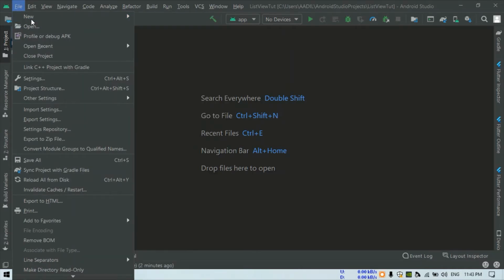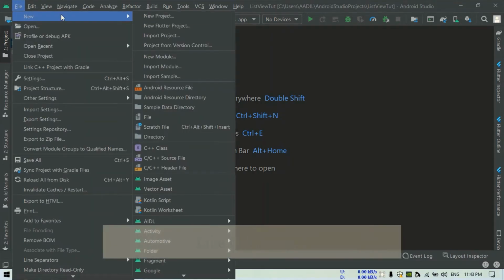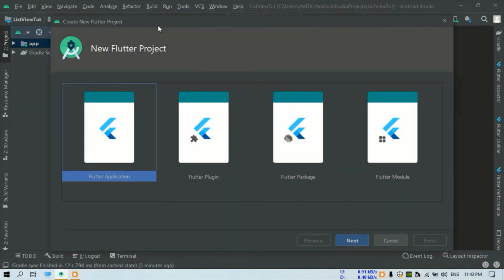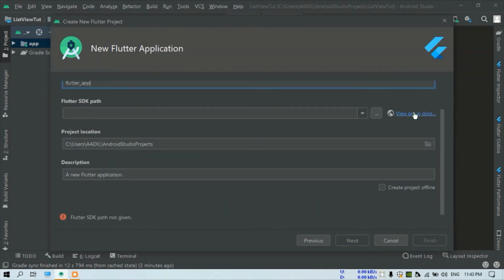Click on File, then click on New. You will get this option, New Flutter Project. It is because we have installed the Flutter plugin. Click on New Flutter Project, Flutter Application, and